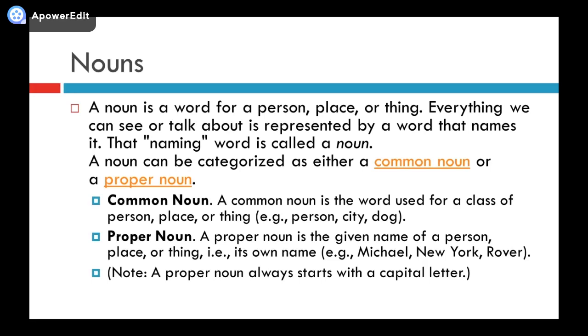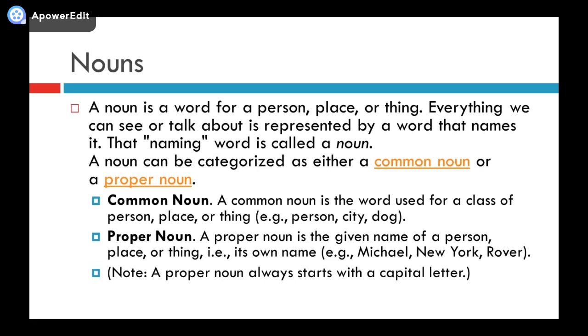Everything we can see or talk about is represented by a word that names it. So basically a naming word is called a noun. Naming word means what? Tree, bird, table. All these are naming words. These are names of things or names of people or names of anything. It can be cities, places, anything. So a noun is a word which is a name of a person, place